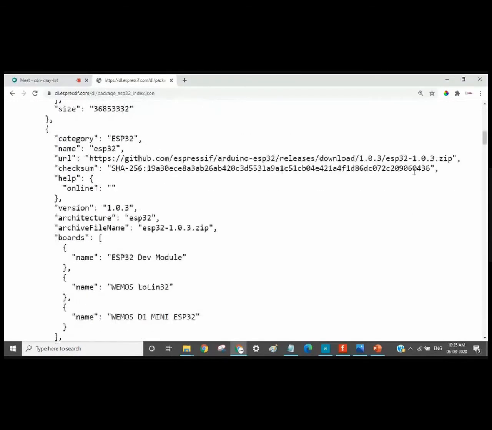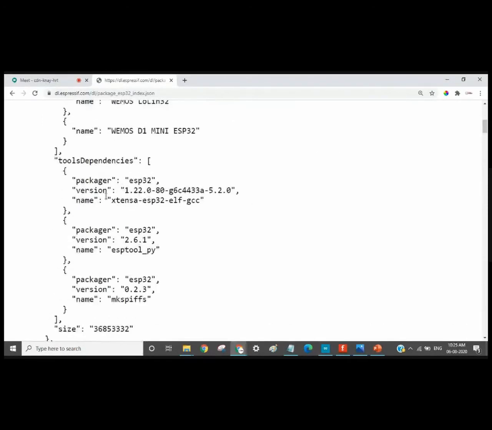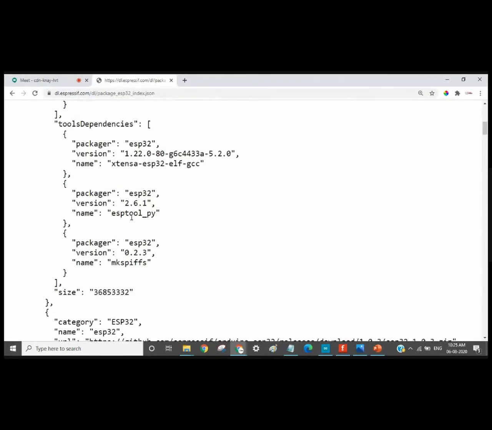Then this is the second package which is downloaded, ESP32 1.0.3.zip, right? Multiple packages are downloaded. The tool depends on ESP32, right? esptool.py, right? The ESP12 can be programmed in two ways, right? Using embedded C, as well as you can use MicroPython for this, right? This device is capable of being coded in Python language. So you can also use esptool.py for coding, right?